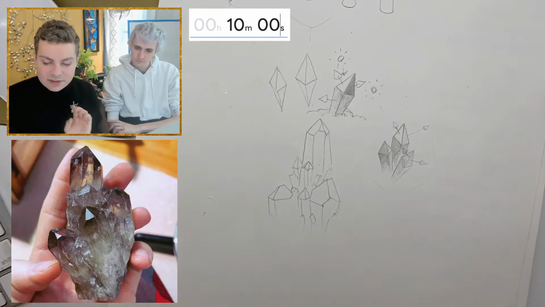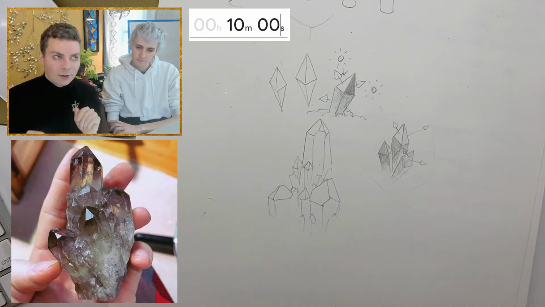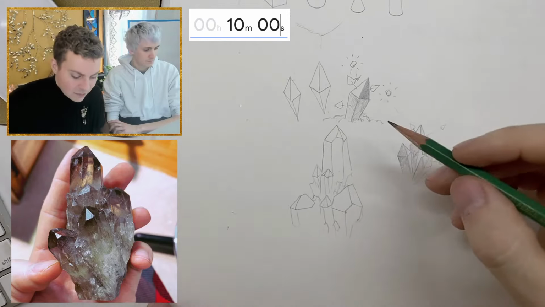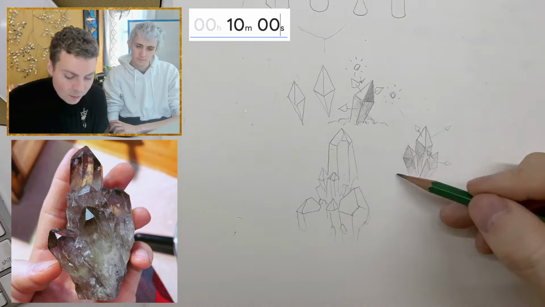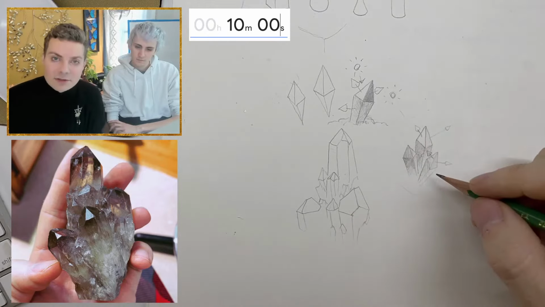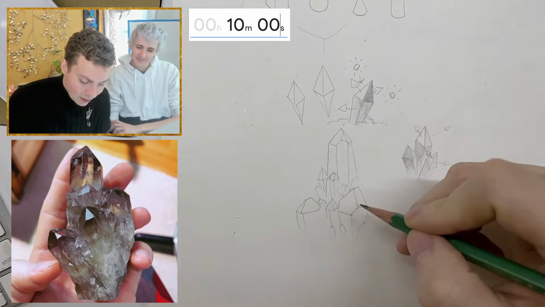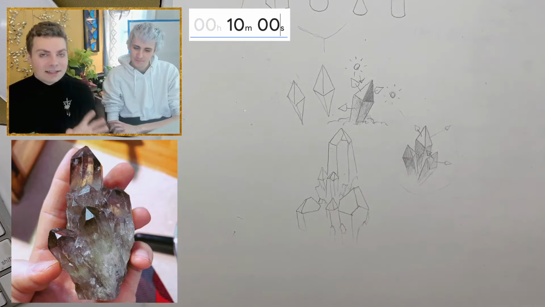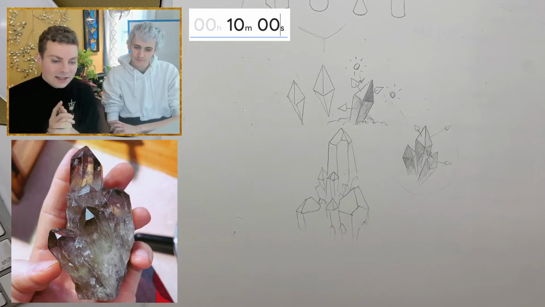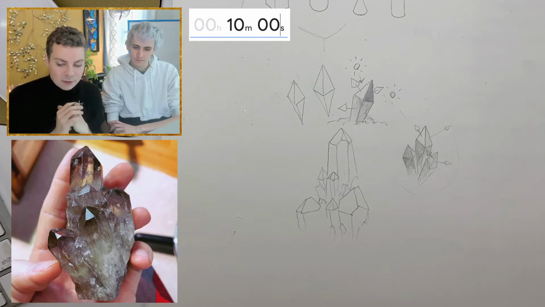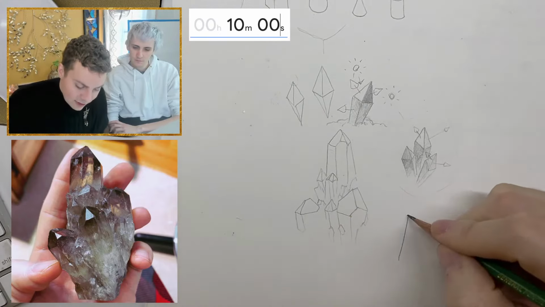So a lot of the time the imperfections make it look more perfect in your rendition of drawing crystals. A lot of them won't be this perfect pyramid-top structure. You want to draw them with a bit more cuts and irregularities, like pentagons or hexagons, whatever it might be, and that will give you a more realistic type of crystal. So when you're looking at the reference, try to imagine each